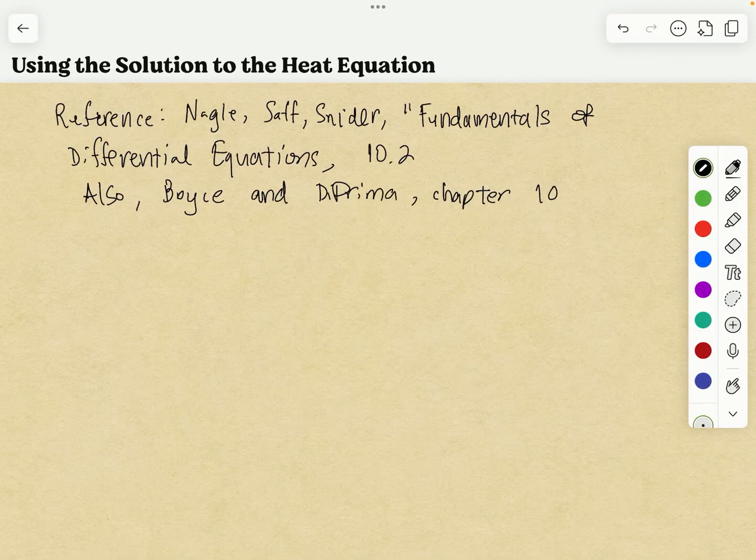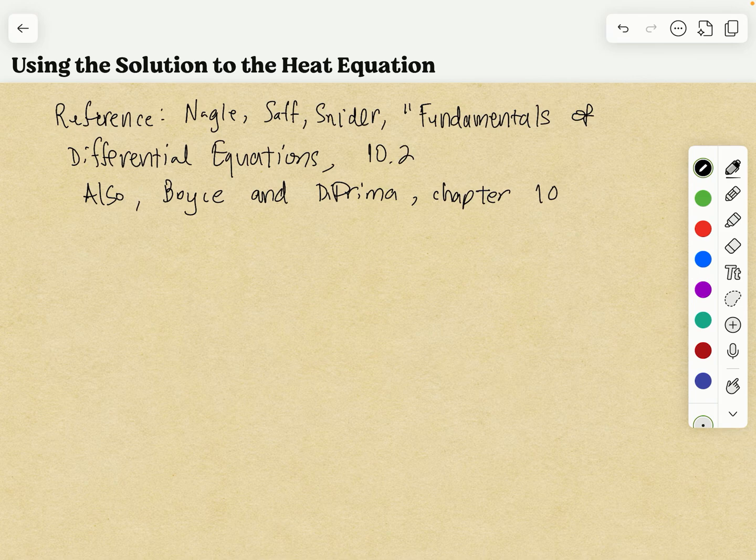Okay, in this video, we're going to talk about something called the heat equation or heat conduction equation. And we are going to give the differential equations for it and then state the solution and then do a practice problem with it. We're not going to really explain where the formula or the equations come from. We're just going to sort of take it for granted and then just apply those facts to a few